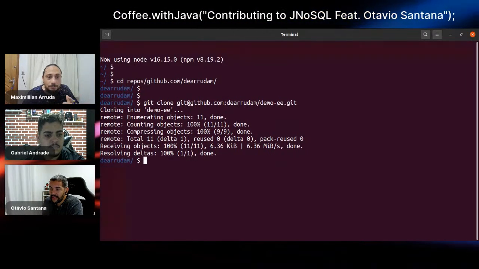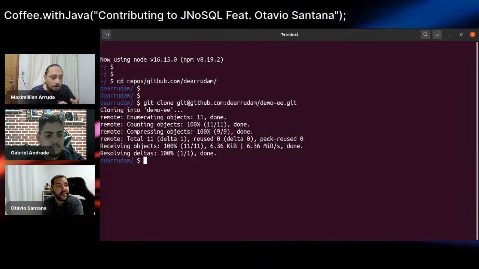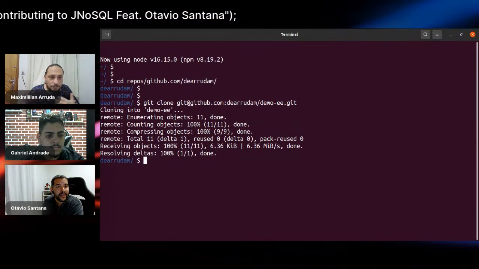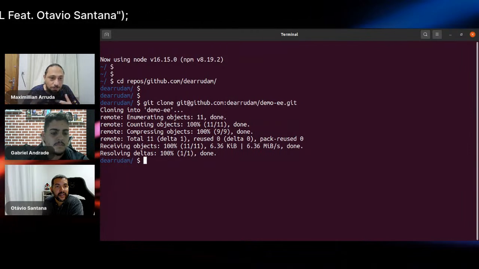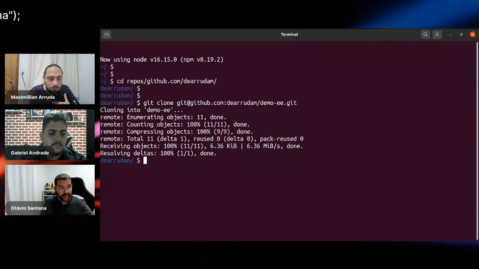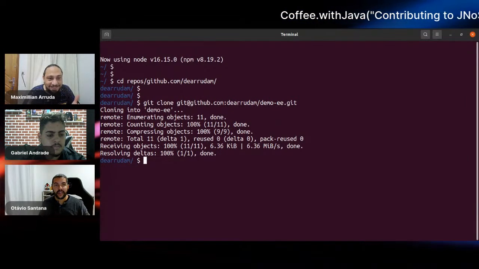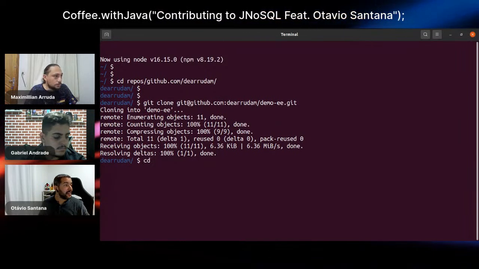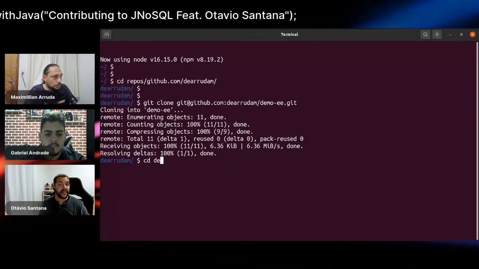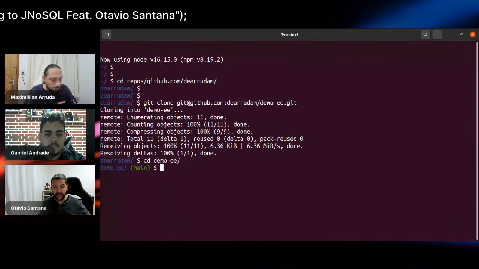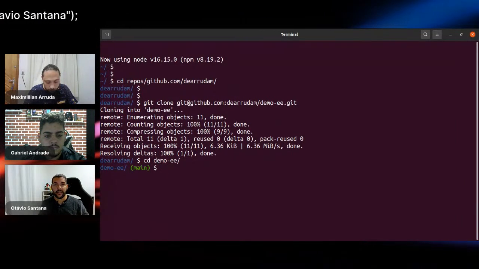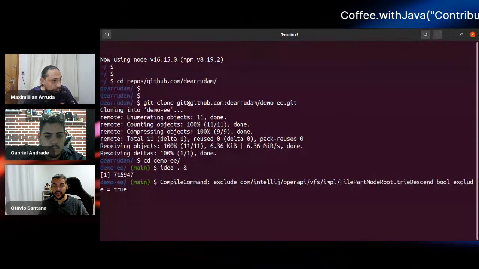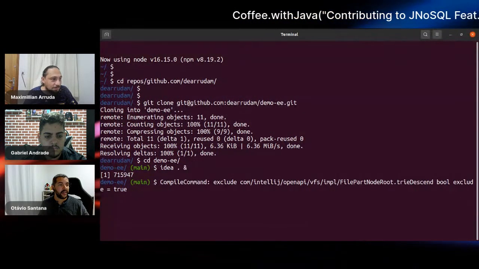But first of all, we need to create the whole Maven project structure, because we intend to use Maven. So I go to the demo EE. Okay, I will open my IDE right here.